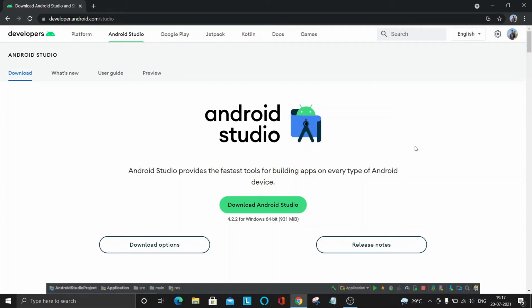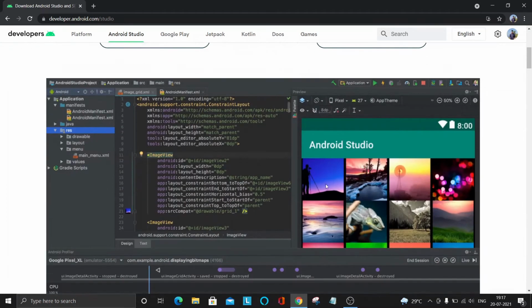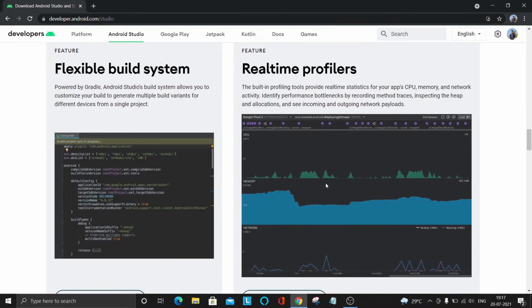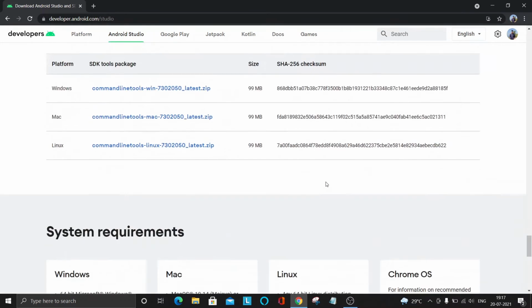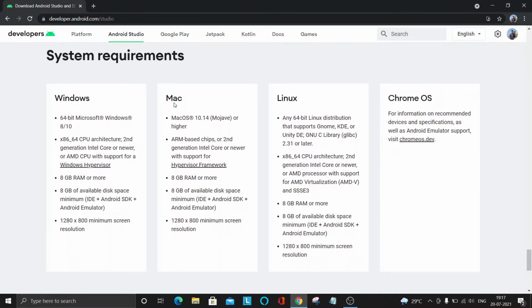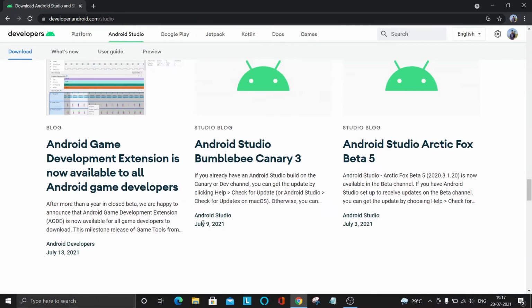Before downloading, I will recommend you to see the system requirements for Android Studio. Just scroll down and yeah, here you can see the system requirements for Android Studio for Windows, Mac, Linux. See that you fulfill every system requirement, then only install this.